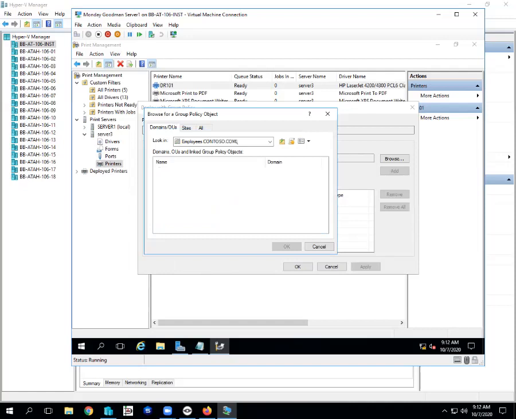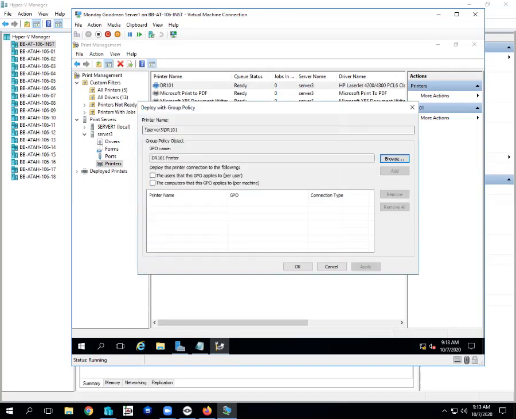So I'm going to double click employees. Okay, double click employees. Now I'll click the create new, and I'll just do this like DR 101 printer, and click OK. So I'm creating a brand new group policy by double clicking employees organizational units and then giving it a group policy name and then clicking OK. That will select the group policy and then clicking the check boxes and clicking the add